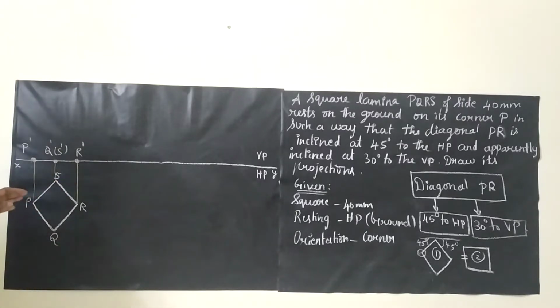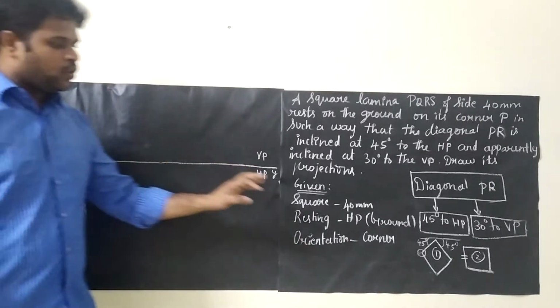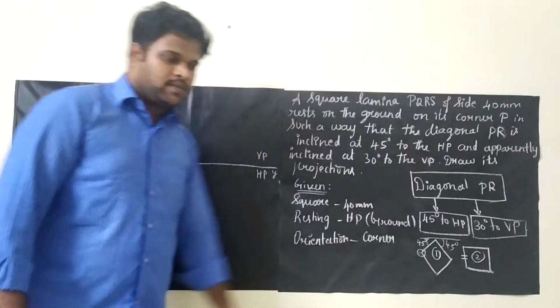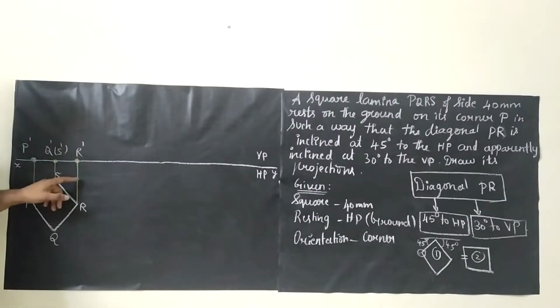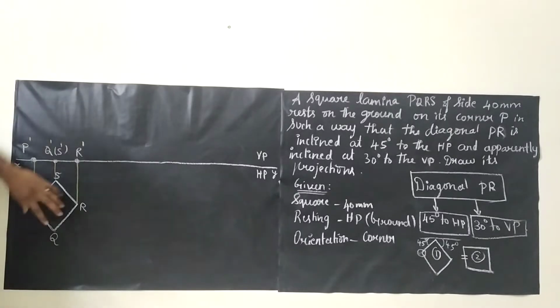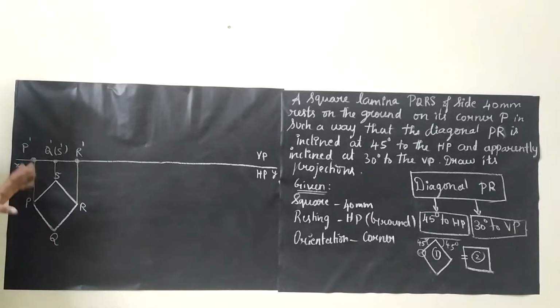So now we are going to draw this square. So we have fixed that we are going to draw this square. Just follow the same instruction. Draw a straight line and keep a point on that line and take 45 degree and draw 40 mm and 40 mm. And then take your compass, take 40 mm, keep your compass here and try to cut an arc like this. Keep your compass here, try to cut an arc like this. So you will be getting the Q point and just join all the sides.